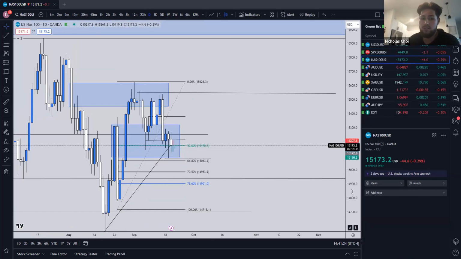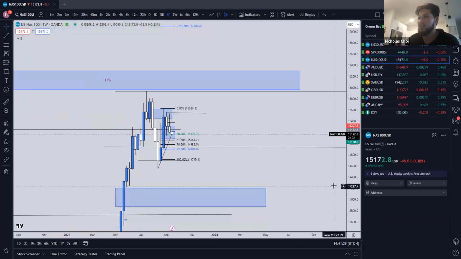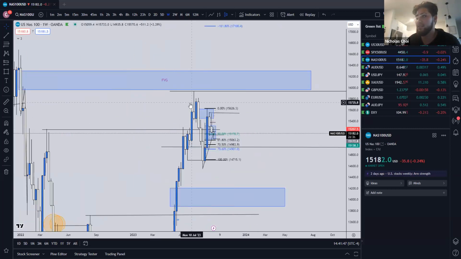The interesting thing with Nas is the dollar's bullish, yet the overall bias on Nas has been bullish too. So that's where it's been a little tricky. I think it's very indecisive. I don't think the market's really decided where it wants to go yet. If we look at this price action from June till now, we broke this low, pulled into this order block and dropped, but we never really made a displacement.